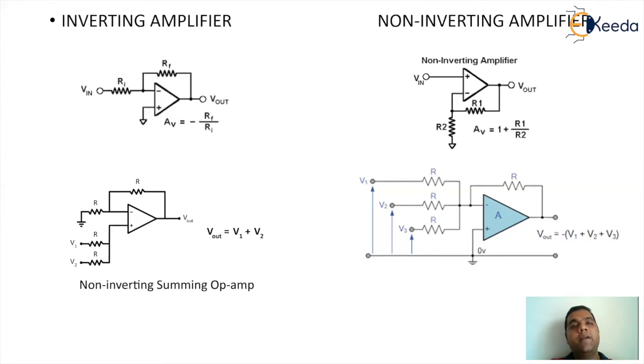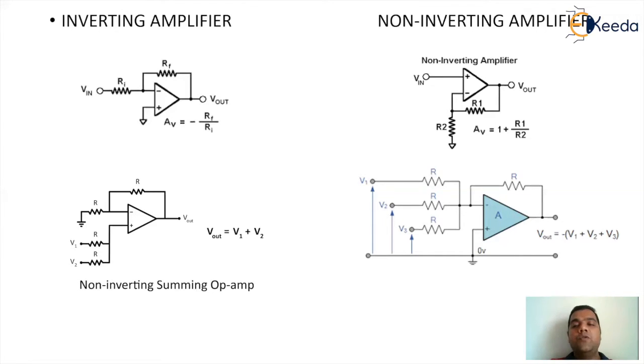If you look at the left hand side circuitry top section, the feedback is given to the minus pin and the input is also given to the minus pin. So it is defined as an inverting amplifier with negative feedback, and the gain of the circuit will be minus RF by RI. For the non-inverting amplifier, the feedback is given to the inverting pin, but the input is given to the plus pin. The gain of the amplifier is 1 plus R1 by R2, where R1 works like a feedback resistor. So this is the basic logic of inverting and non-inverting amplifiers.